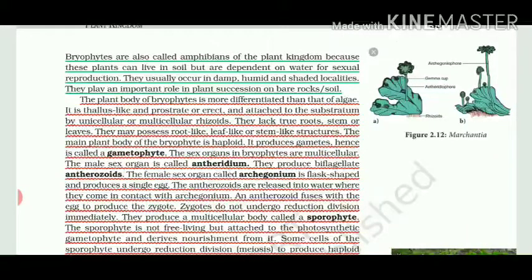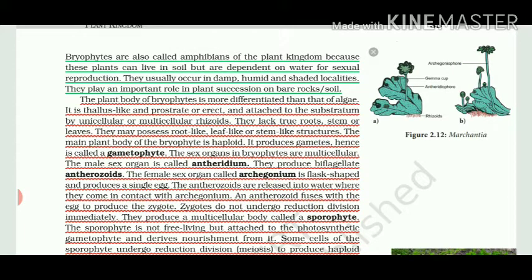What will it do? It will produce gametes. How can gametes be n by 2? They can't be. So gametes will be n. So which division is taking place? When the bryophyte is n and gametes are also n, how many gametes will be produced? Two gametes, right? So n, they can be produced by mitosis, which is equational division. So that part of the bryophyte which gives rise to gametes is called the gametophyte.